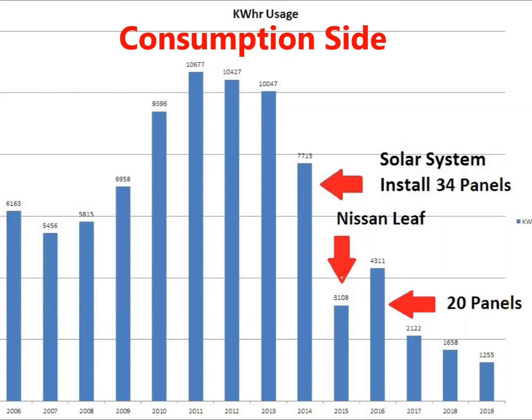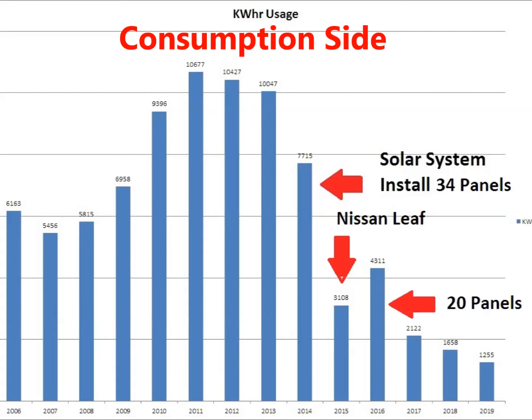So really at the end of 2015, that's my energy usage from those 34 panels that I installed. Now I started really driving my Nissan Leaf in 2016, and that's why you see that uptick in energy usage. So at the end of 2016, I put on 20 more panels. I calculated how much energy I would need to power my car. I put on 20 more panels at the end of 2016, and so in 2017